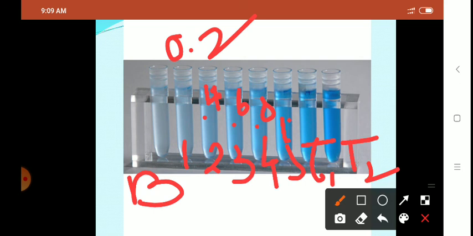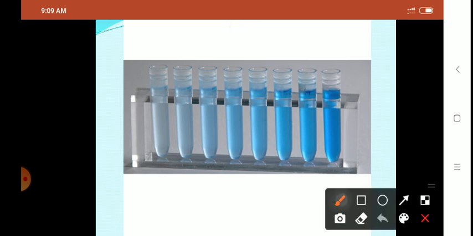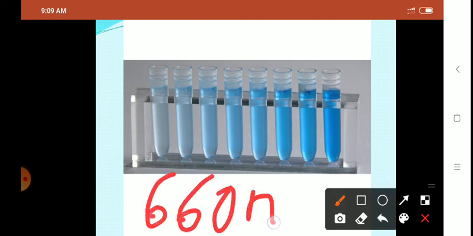In the last 2 tubes, again 1 ml of unknown sample, and add the rest of the reagents. First you add alkaline copper reagent, then allow it to stand for 10 minutes, then add Folin-Ciocalteu reagent, allow it to react for 30 minutes, you get blue color formation and now you read the absorbance at 660 nanometer. So what will happen? As the intensity of the color goes on increasing, the absorbance will also go on increasing, right?